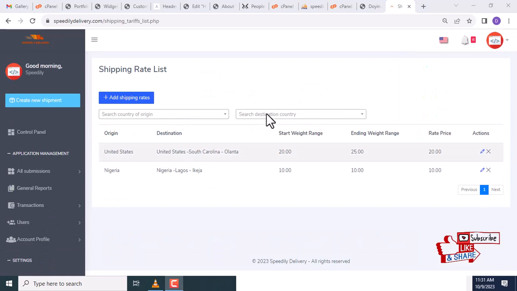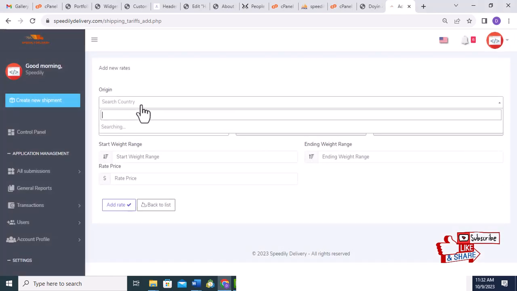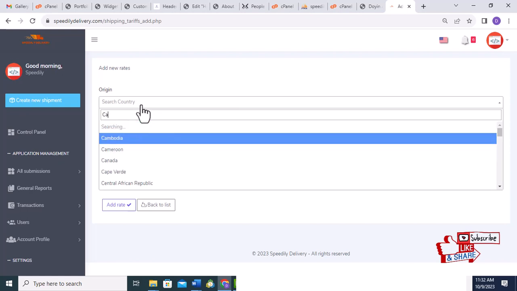So we have this interface that comes up. The next thing I'm going to do is to add a shipping rate. So I'm going to select an origin. I'm just going to search a country. Let me just use Canada as an origin,